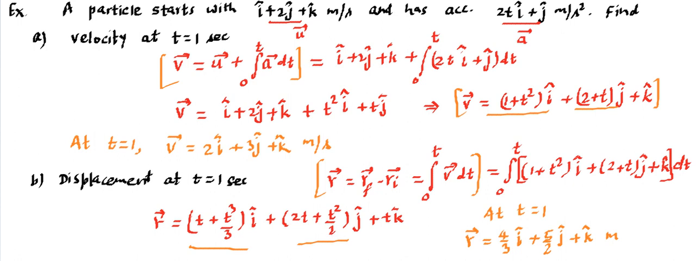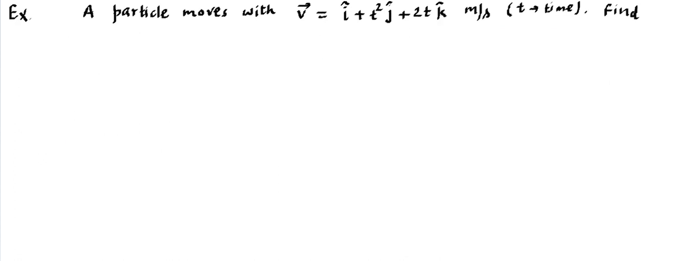Okay, so these are our answers. Let's take another example, and it reads: a particle moves with velocity. So we have been given the velocity this time, and t is time in seconds. We need to find the following quantities, or answer the following parts. So let's say this first part is